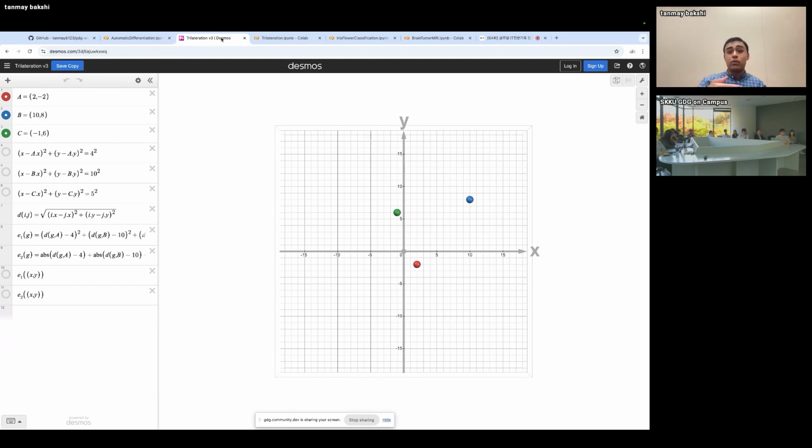Now, triangulation works on angles. Trilateration works on distances. And so similar to how you need angles to satellites to figure out where you are, the idea behind trilateration is that you have reference points, you know your distance to those reference points, and based off of that distance, you want to be able to figure out where you are in the space.